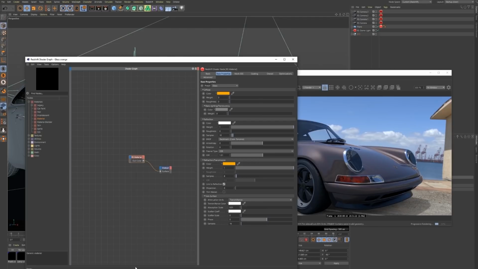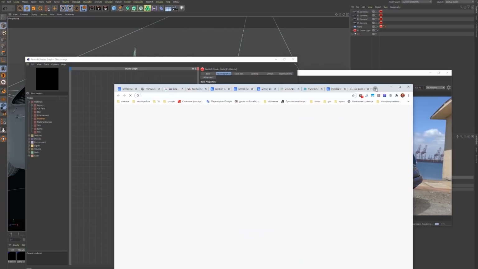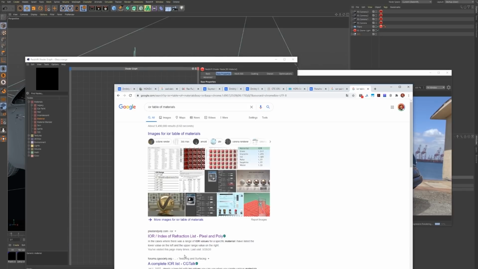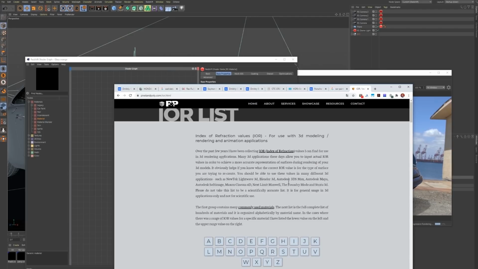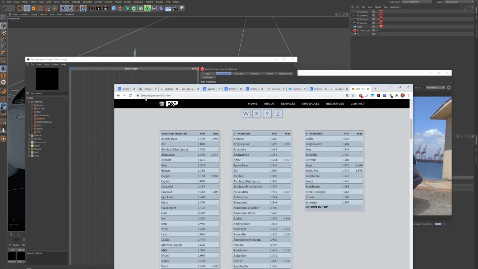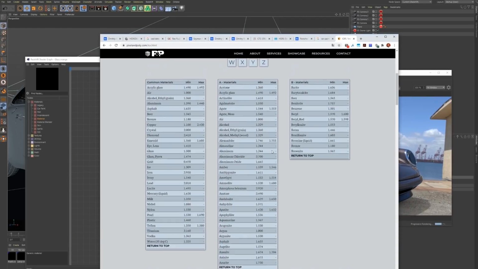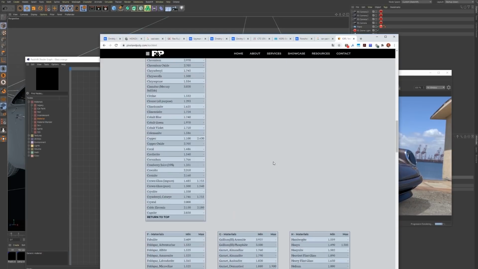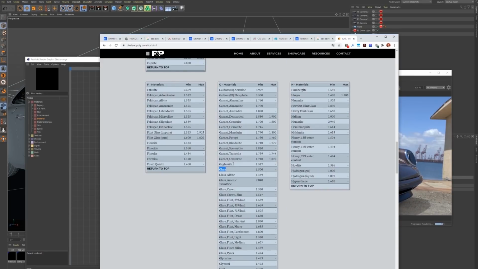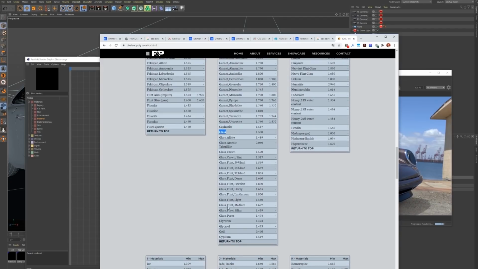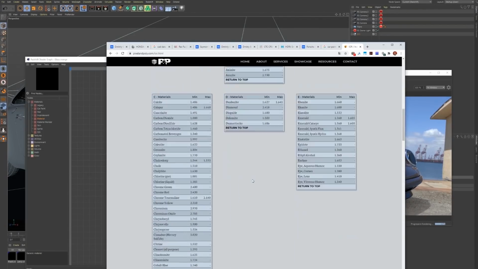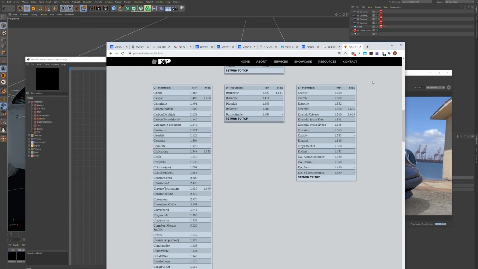And IOR, but for IOR there is also a very nice IOR table of materials if you need. The general approach works the same for the other materials, like metallics and other things, just go to pixellandpoly.com and you will get almost all the setups for IOR. And if you go to glass, you will see there are different glasses, for sure, and some of them have different IOR, and you can check it and get exactly what you need. About other metallics, here you can also find some IOR parameters, but for some exact specific materials,